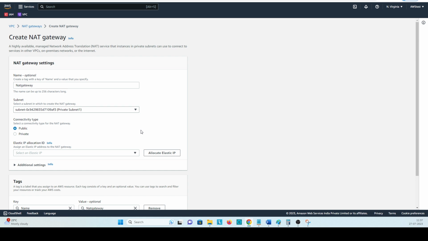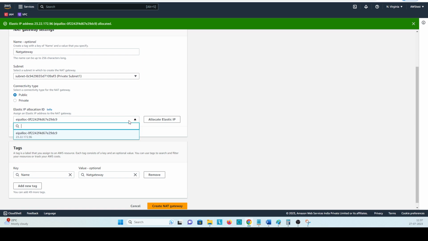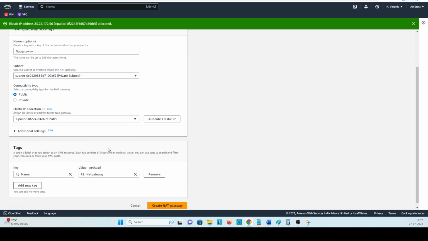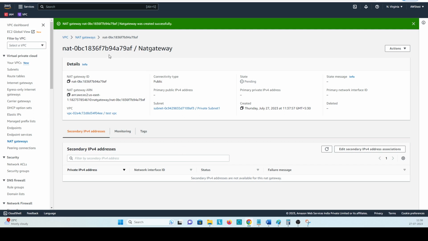Okay, but if we create the elastic IP, elastic IP will not change. If I reboot the instance also, elastic IP will not change. So I'm just allocating one elastic IP here. Yeah, elastic IP allocated. Okay, so I created one NAT gateway. Okay, so NAT gateway I have created, and I will just